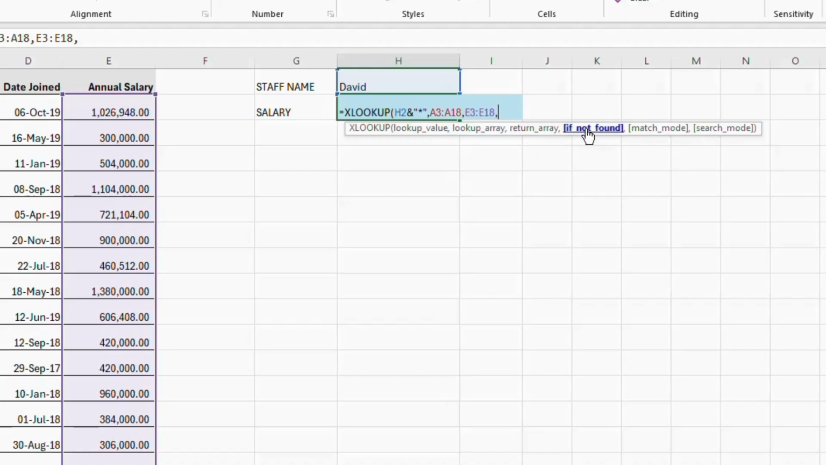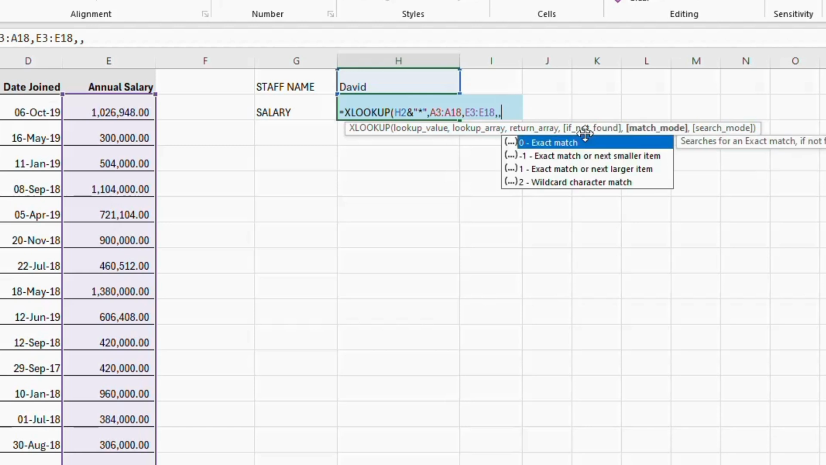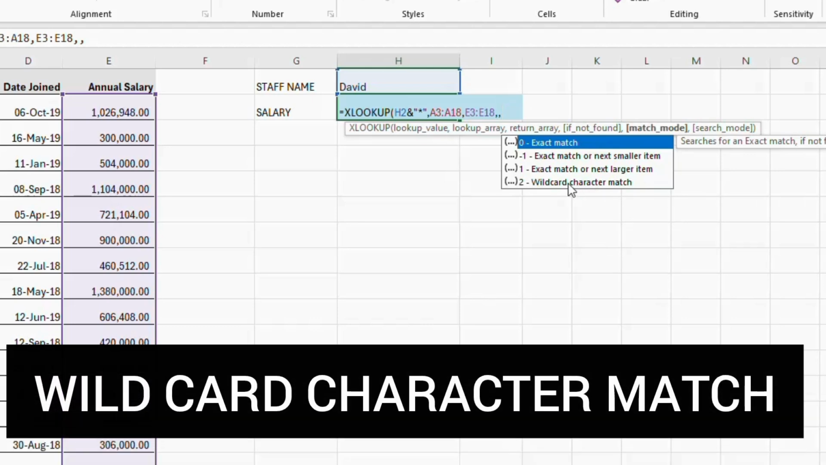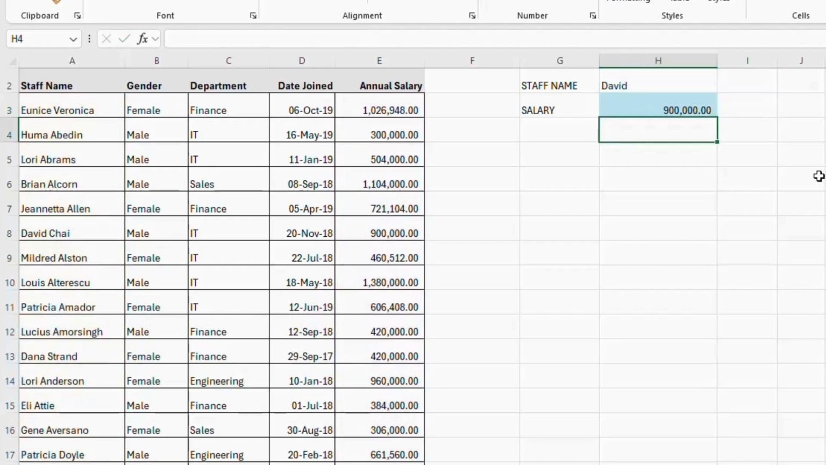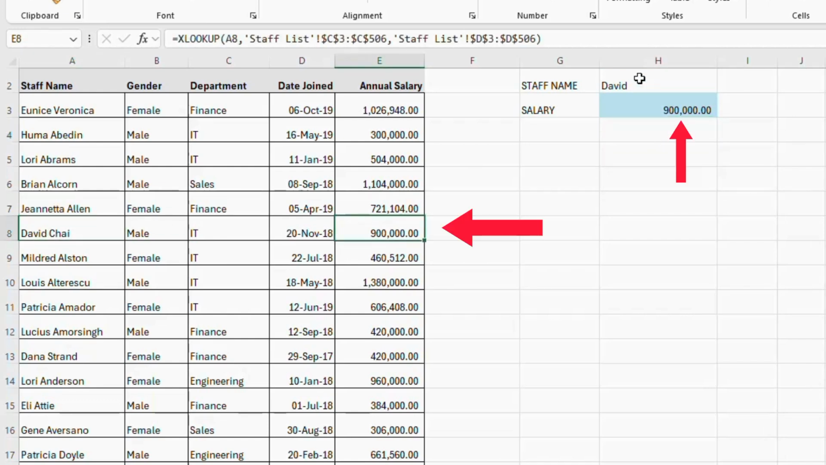The next argument, which is the if not found argument, we wouldn't be needing in this case. Because it is not relevant to us at this time, we'll put a comma to pass it. Then the next argument is the match mode. So we either write out number 2 or we select the option that has the wildcard character match, and we press enter. Now we can see that it has returned the salary result for David, and this can be confirmed